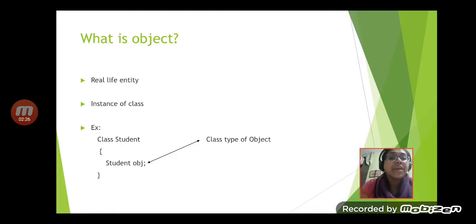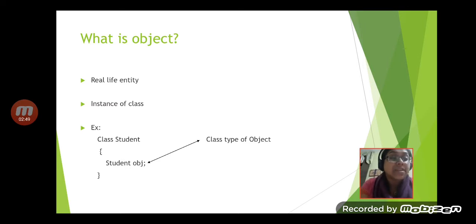Basically, an object is a real life entity. Any kind of real life entity is an object, which is used to create the instance of a class. So an object is basically the instance of a class, and a particular object is a kind of variable whose data type